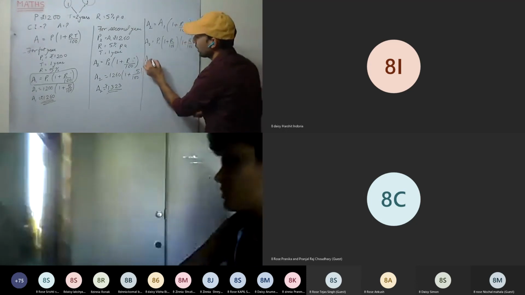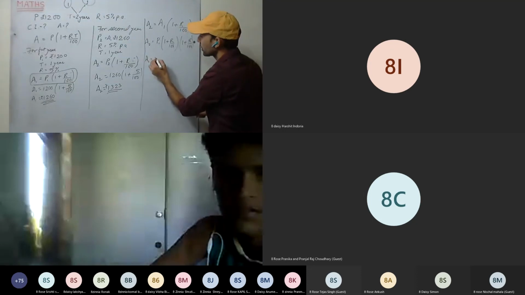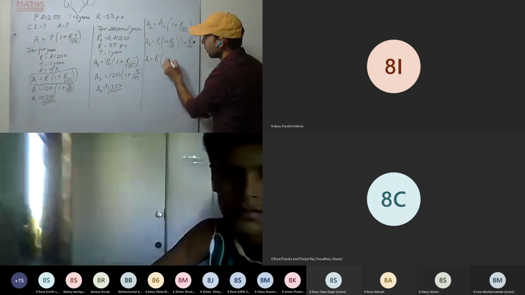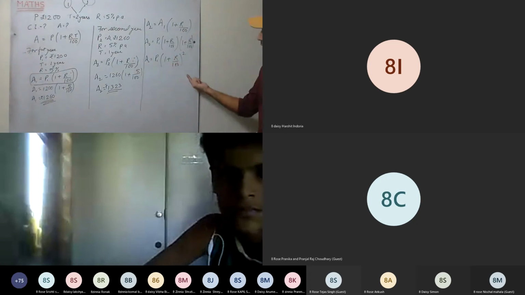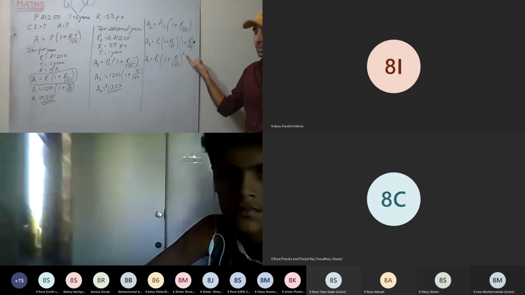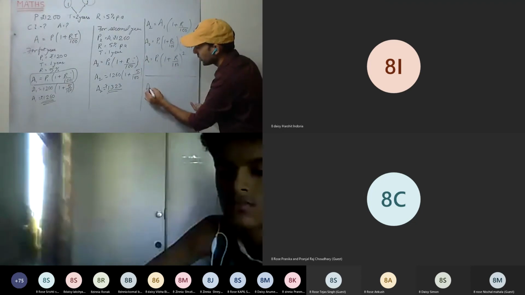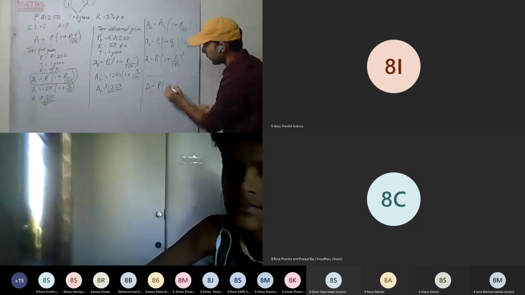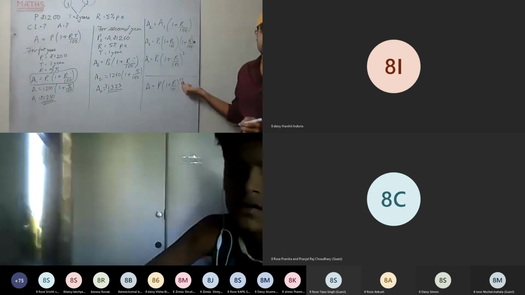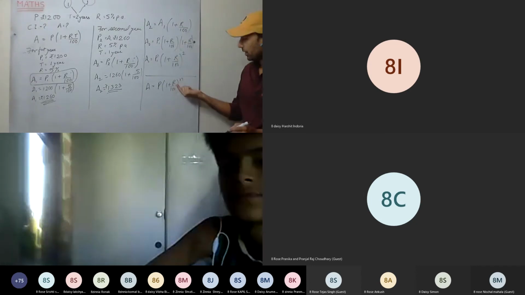Okay. So A2 we are getting. P1 is principal only, or we can write P1 into 1 plus R upon 100 whole square. This is clear. Or we can generalize it: amount equal to P into 1 plus R upon 100 raised to power n. N will denote the number of years. Rate is rate of interest.